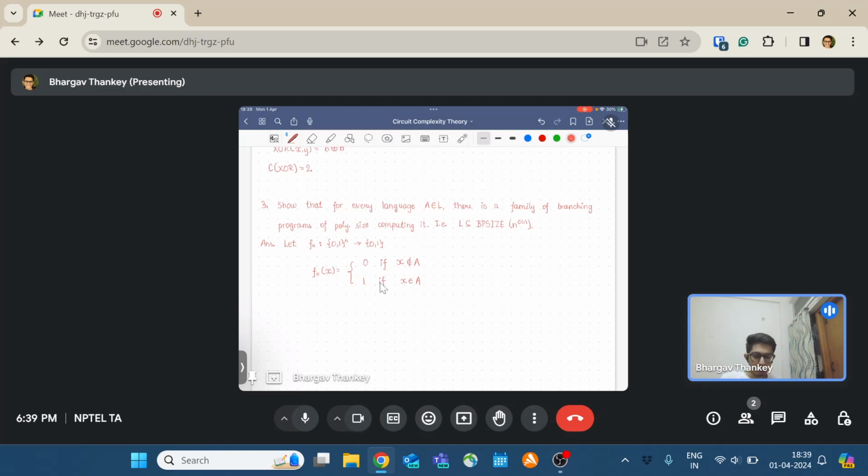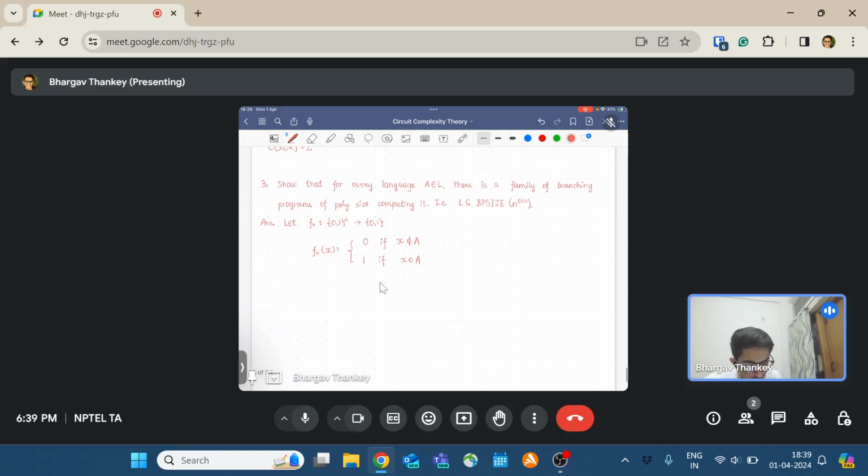The way to break a language into functions is that you look at all the strings of length n, and then you define the function Fn depending on whether the string is in the language or not, right? So we have defined Fn, and now we'll show that